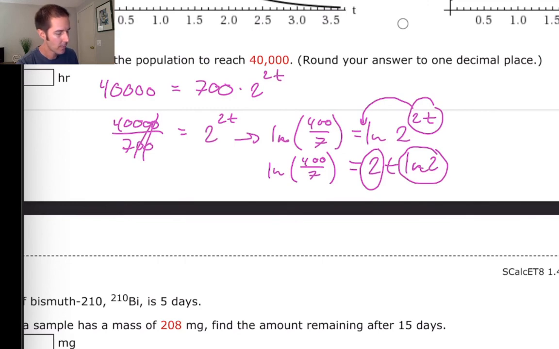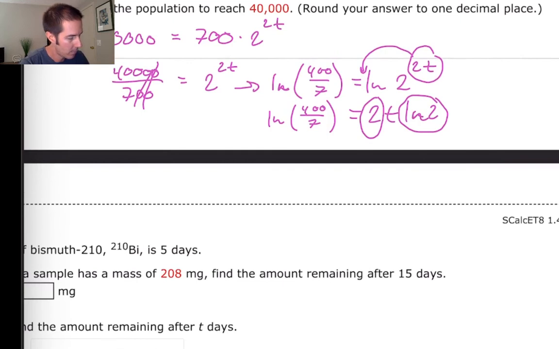So when you type that into your calculator, I would first type in 400 divided by 7. If you're on a scientific calculator, and it depends on which calculator you're on, I use the TI-30XA, which does not allow me to type in an entire line of text. So on my calculator, I'd have to type in 400 over 7 and hit enter, and then I would take the natural log of whatever answer that was. As soon as I hit ln, it would give me a new decimal on the screen, and then I would hit